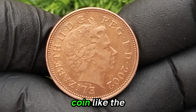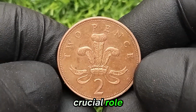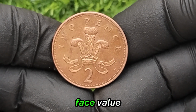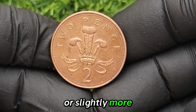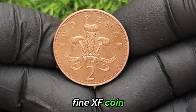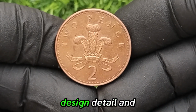When evaluating a coin like the 2002 pence, grading plays a crucial role. A coin in circulated condition may be worth only face value or slightly more, perhaps a few cents or pennies, but an extra fine (XF) coin shows only light wear on the highest points, with nearly full design detail and